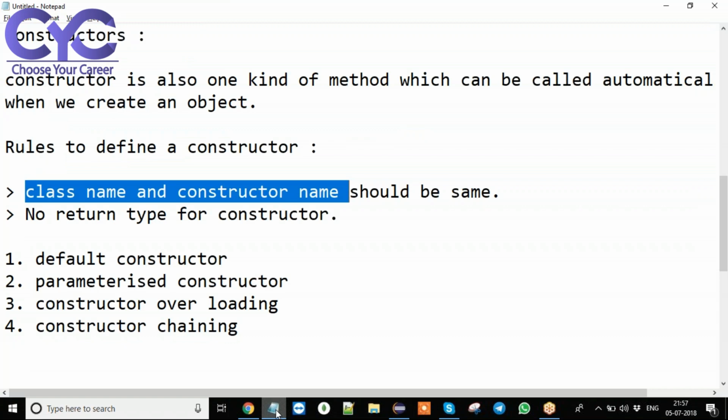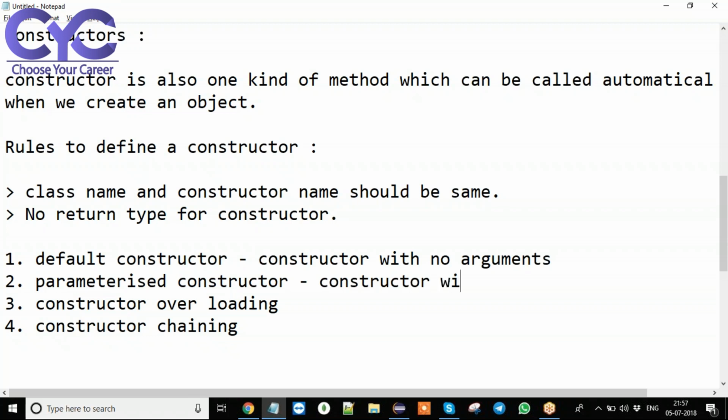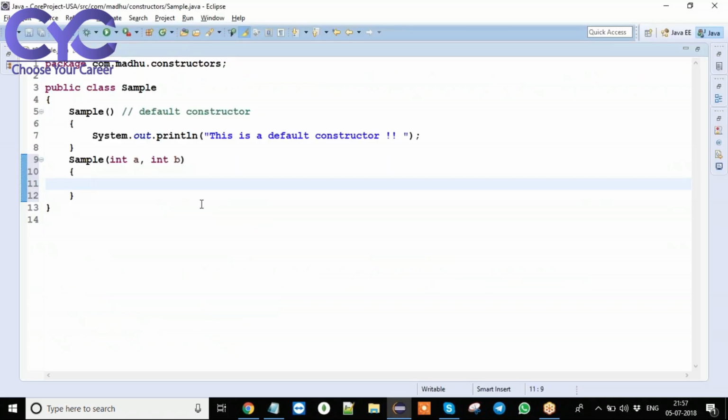I have said default constructor means constructor with no arguments. Parameterized constructor means what? Constructor with arguments. If you pass arguments for a constructor, then that is nothing but parameterized constructor.